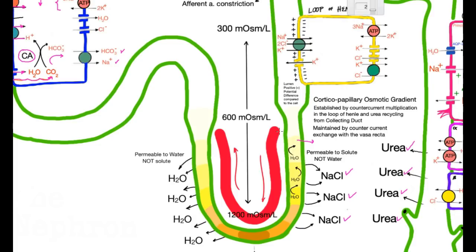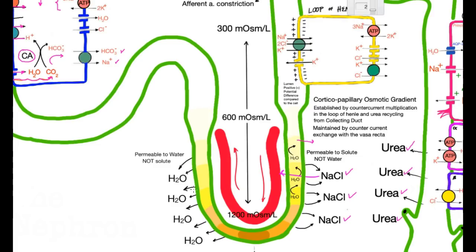And so the vasa recta, remember, they're traveling in close proximity to the tubules, and so they're able to participate in osmotic exchange. And so water and solute will move according to the interstitium across the vasa recta, so they are permeable, okay? So as the vasa recta descend, they're able to take some of the sodium and solute as well. So they will become concentrated as they head towards the tip,